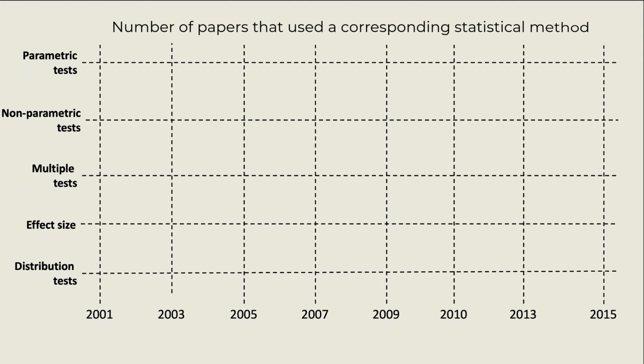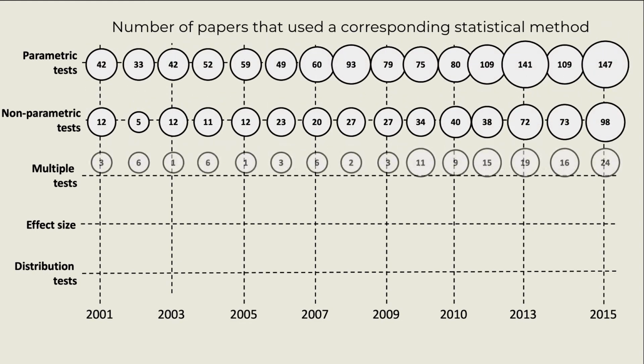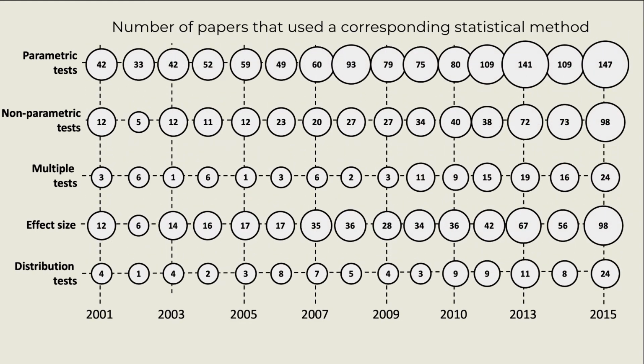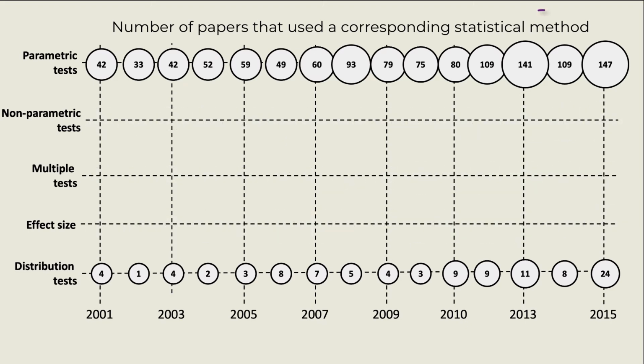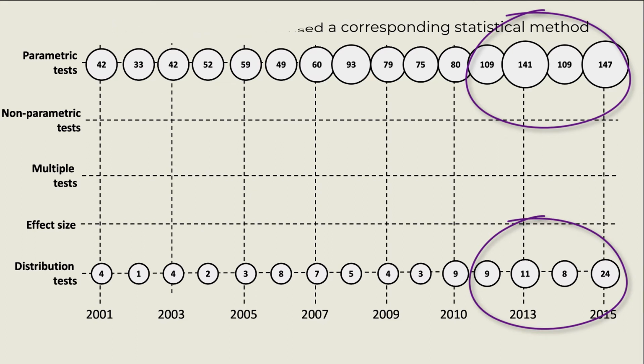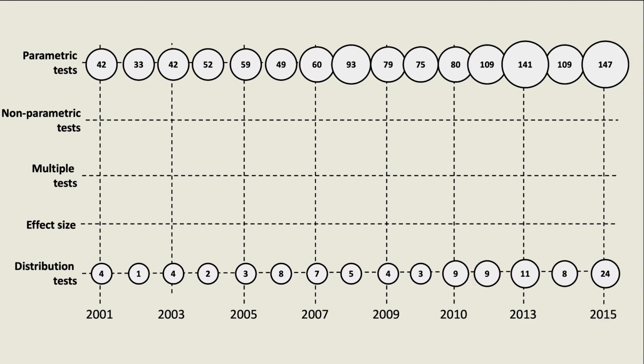In the paper, you will find all detailed trends and results, in which we see an overall increase in usage of statistical methods like non-parametric tests and effect size measures. However, considering the main methods of a researcher's statistical toolkit, we see some contrasting results here in our bubble chart. For instance, there is a clear increase in the usage of parametric tests like t-test or ANOVA over the years, which rely on assumptions about the distribution and scale of the data used by those tests. Yet, we do not see a corresponding increase in the usage of distribution tests, which are important and needed to